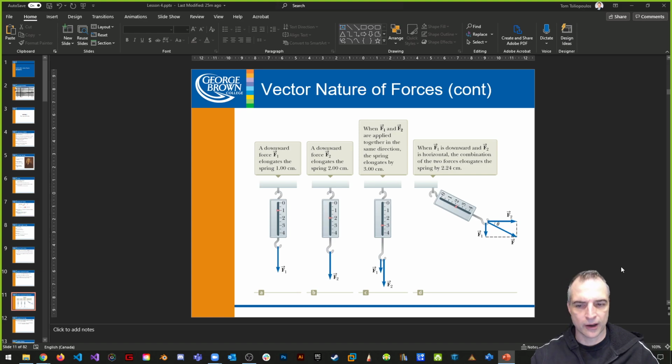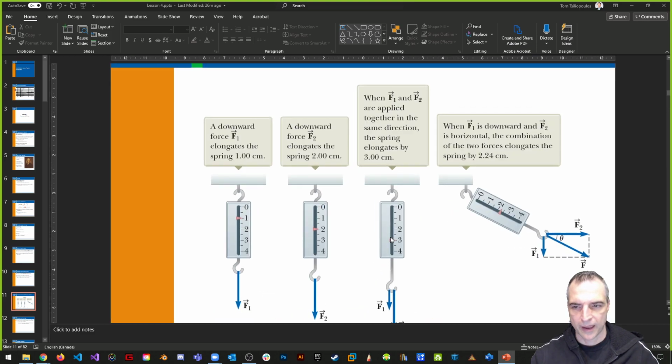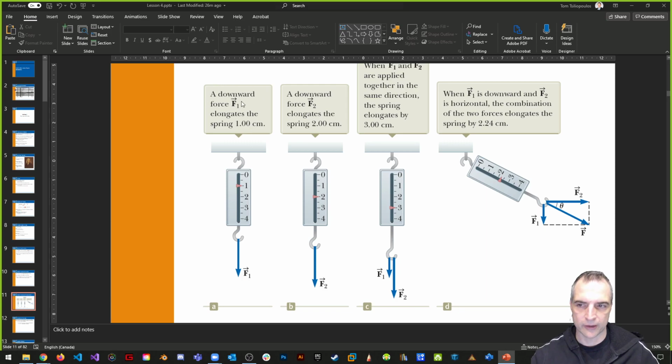And here's an example of a couple of forces. We talked about how forces are measured using some kind of measure. Here's an example, a spring in this diagram. In this example, a downward force, F1, elongates the spring by 1 centimeter, whereas another downward force, F2, elongates the spring by 2 centimeters. We can still say, observationally, that the first force is weaker than the second force in a downward